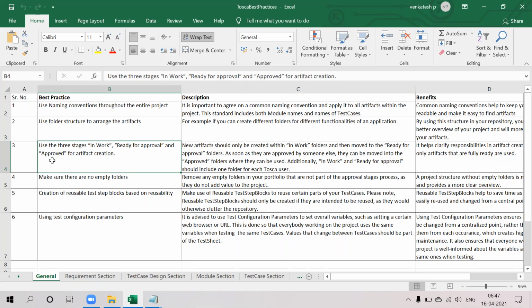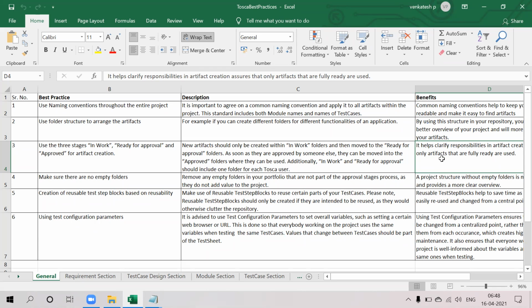This helps clarify responsibility and creates artifacts that are fully ready for use. When you start working on any test case, you start writing it in the in work module, where you are able to start working on the particular test case or module.